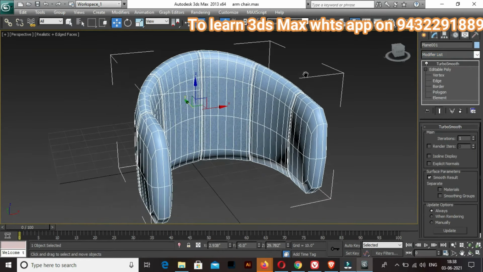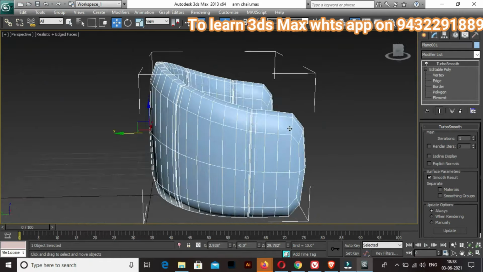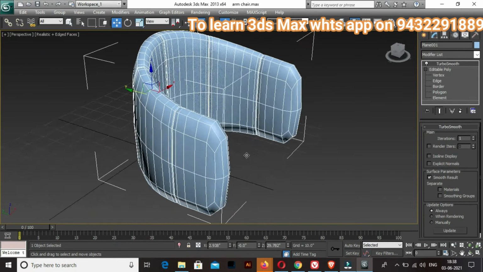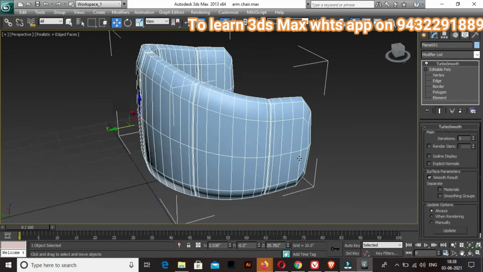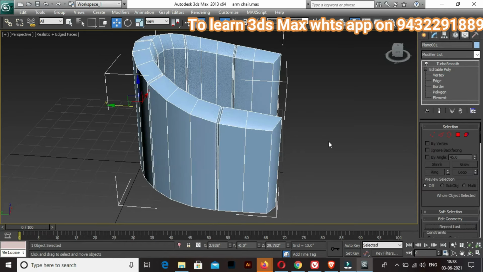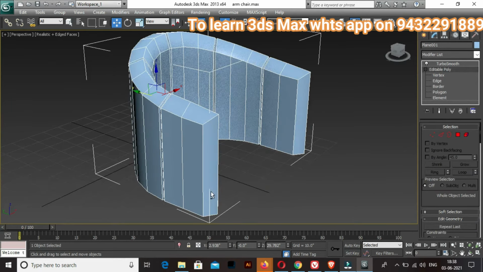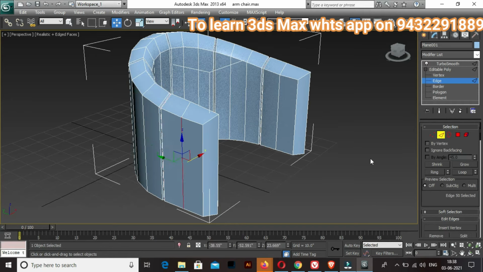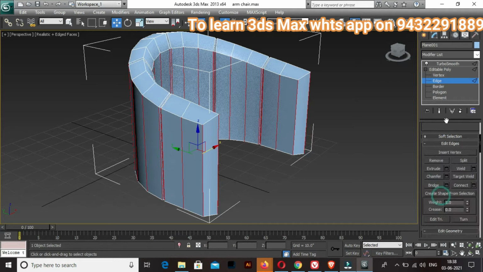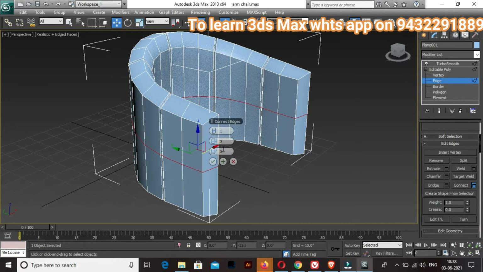Okay, now as you can see, once I have applied this turbo smooth, this hasn't taken a nice kind of shape. So I'm going to editable poly again, and I'm going to add some more segments. So just select any of these segments and then go for ring, and then you can connect and get a few more segments.